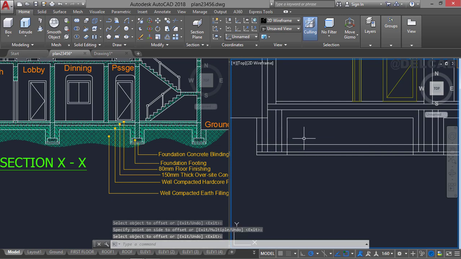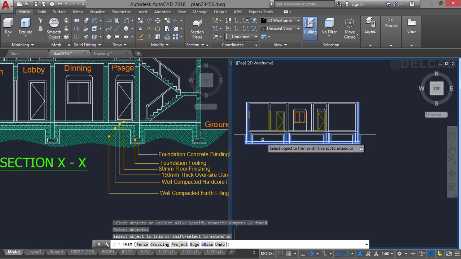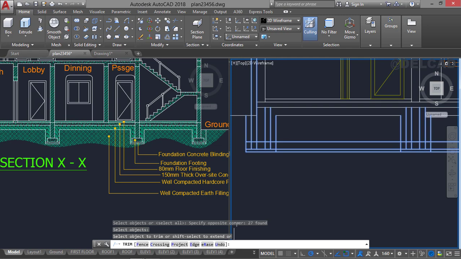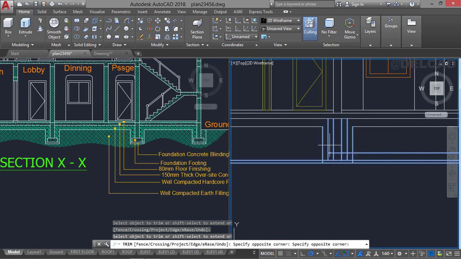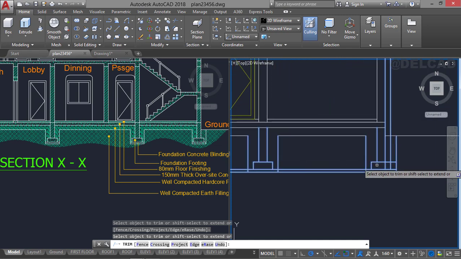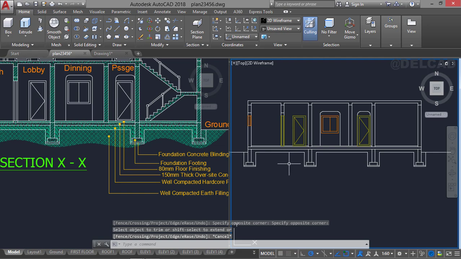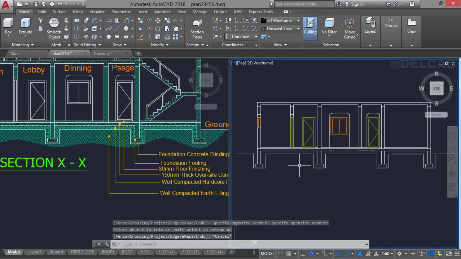And then we can trim part of this so that it looks good, just like what we have here. So I'll type TR for trim, and I'll select this entire part as the cutting edge, and I'll press enter. Then I'll go ahead and trim it one after the other just like this. Alright, so pretty good. We have the foundation design looking like this, and the next thing we can do is